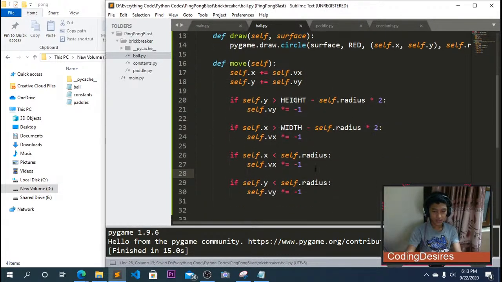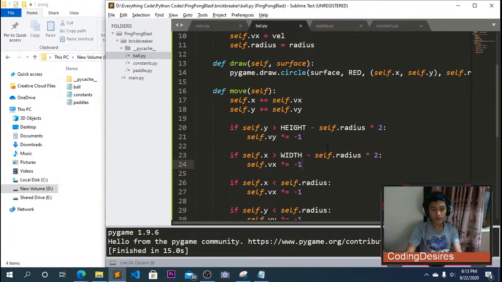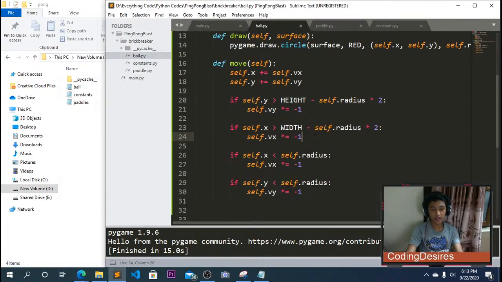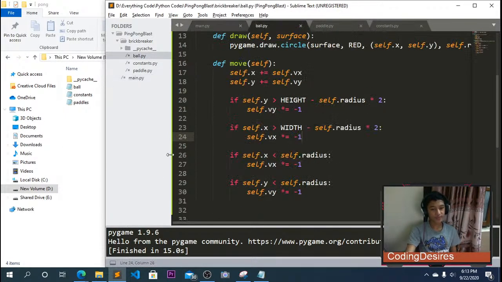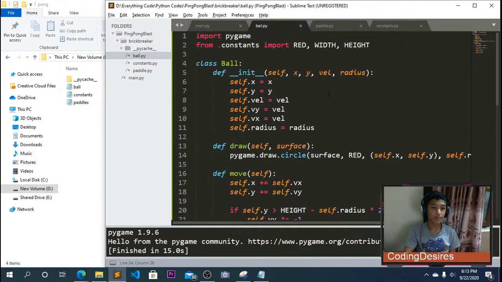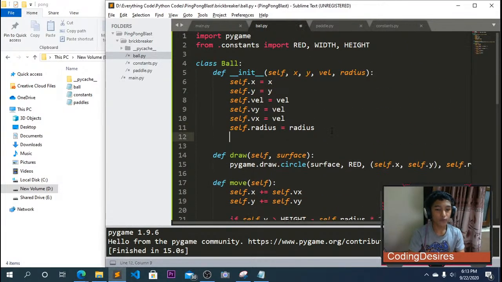So let me just add some spacing there, and this is all just the same. If our x value is trying to go over our screen, we will not let it, and we will just multiply the velocity of x by -1. Hope you guys are understanding that. So we now have a ball. Now for our collision to work, we need to say